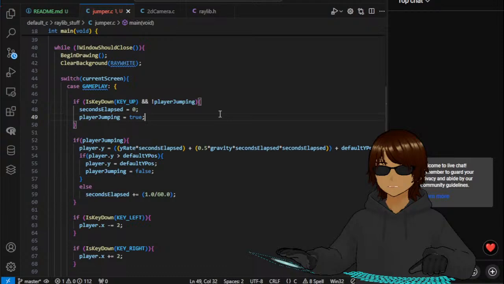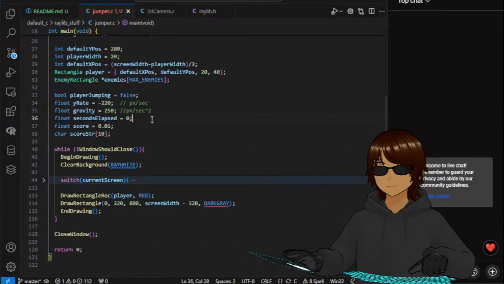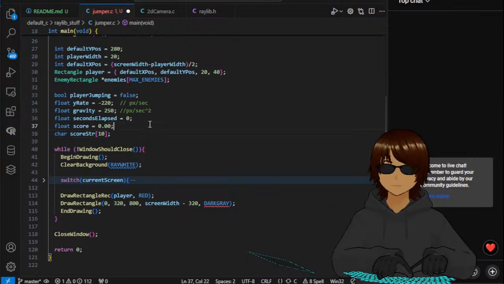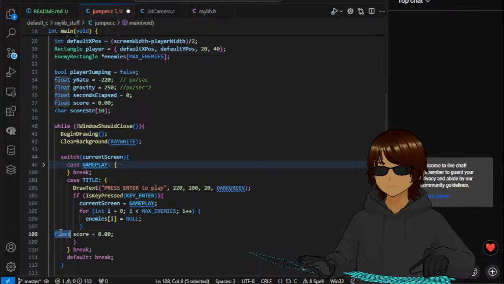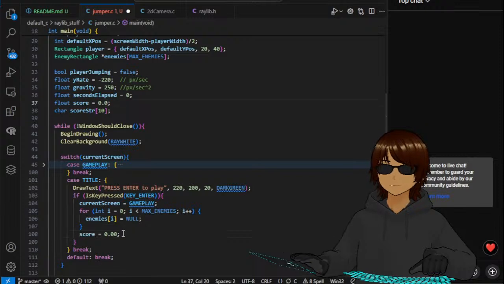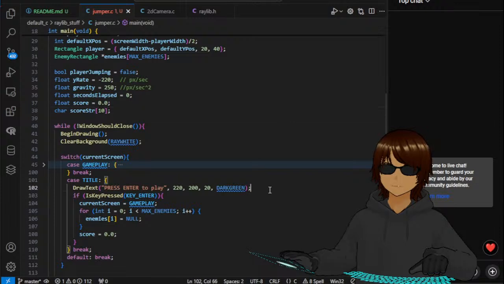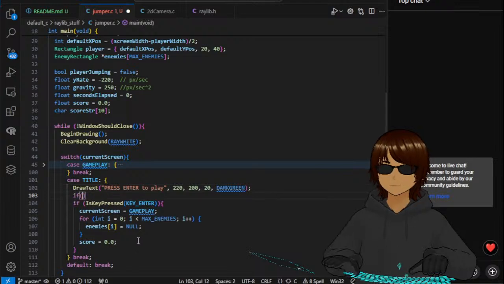Null, score needs to be reset. Score is 0. If score